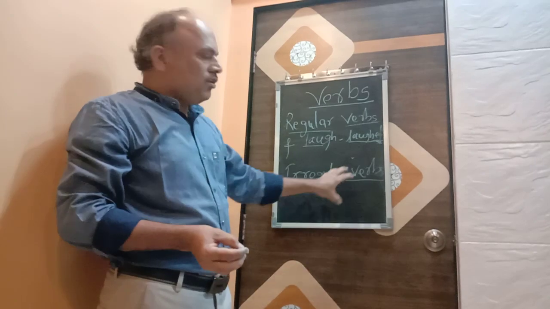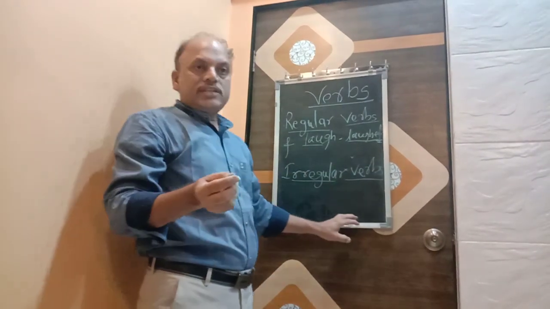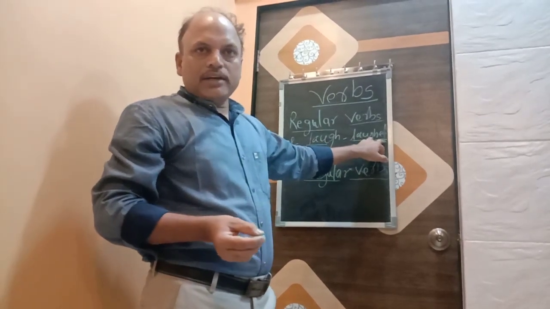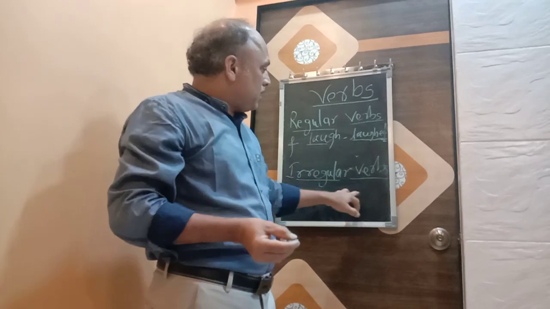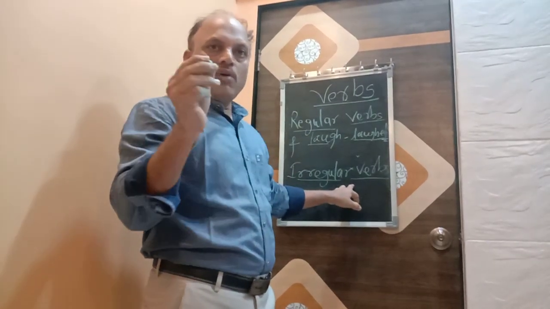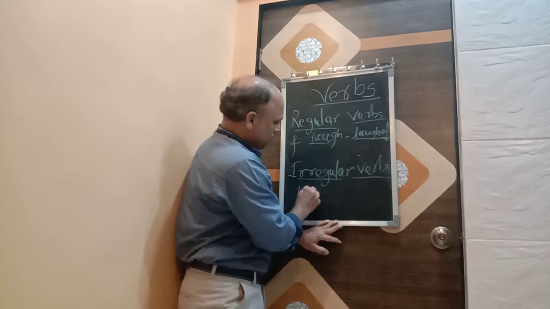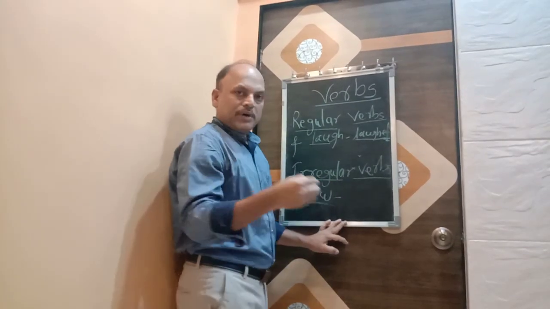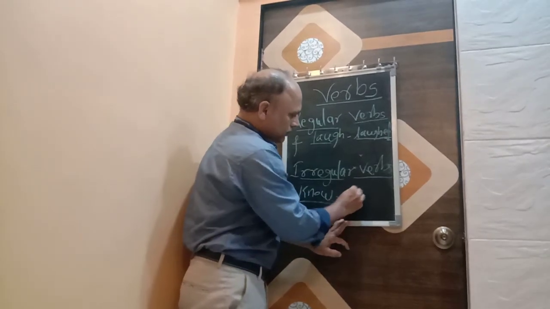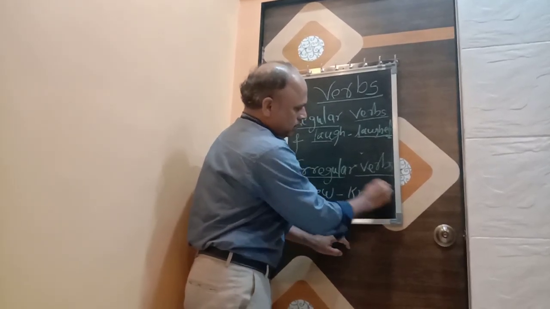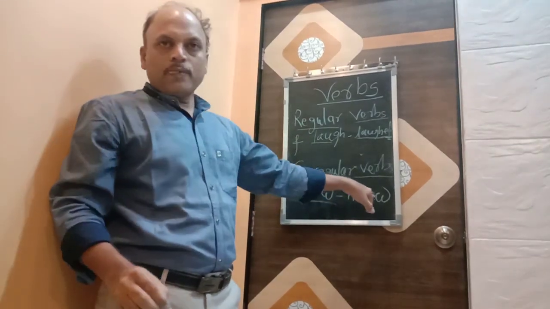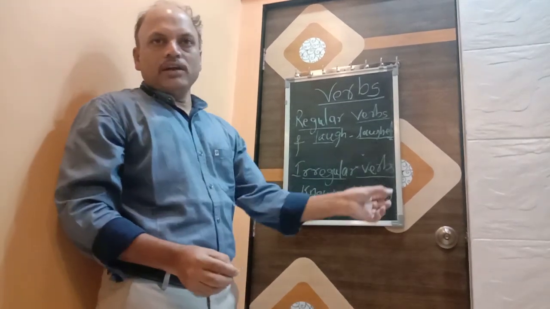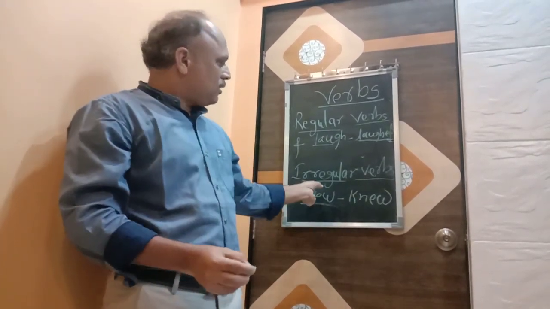While in the irregular form of verbs, there is a change in vowel. You will not see d or ed in the past part of that main verb. You will see that there is a change in vowel, like know. While making the past of this verb, know becomes knew, which means there is a change in vowel, o to e, while forming the past tense of the main verb. Okay,